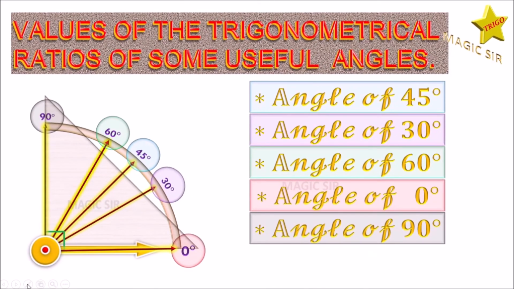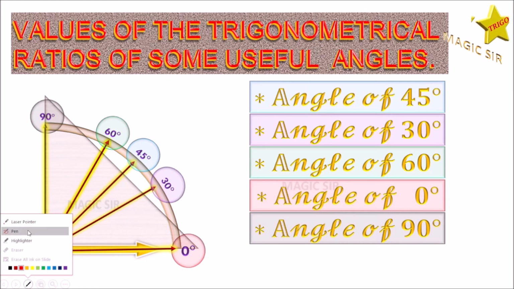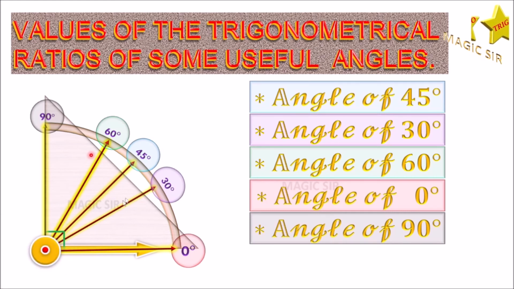We have obtained the values for 45 degree angle. It takes about 10 minutes for 30 degree angle and about 10 minutes for 60 degree angle. As the length of the video increases, the video becomes boring. So we will learn the values of trigonometric ratios of 30 degree angle and 60 degree angle in next video. I will upload second part of this video after 3 days. Wait till then. Look at the screenshots of next video.